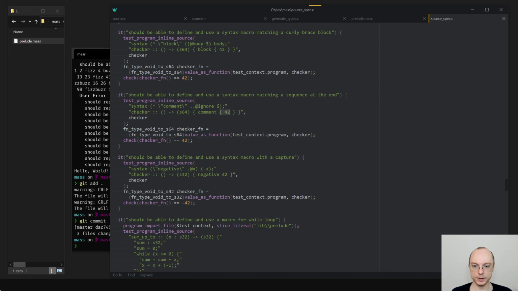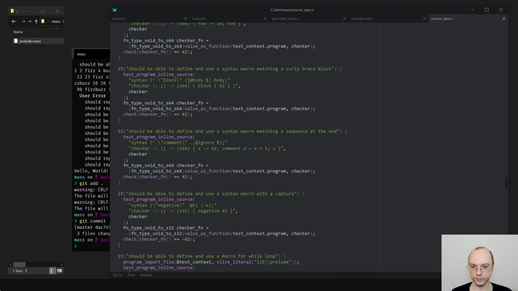Anyhow, comment. So the test for this will be: x is 42. Then we have comment, x equals x plus 1, and return x. So comment should just remove this statement essentially from existence, and x will be returned unchanged.